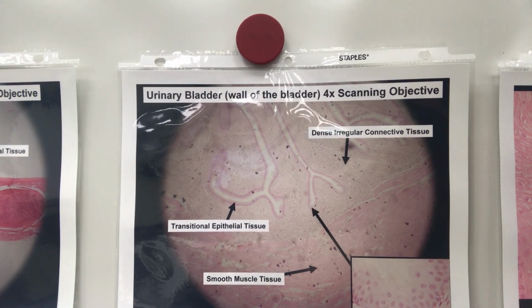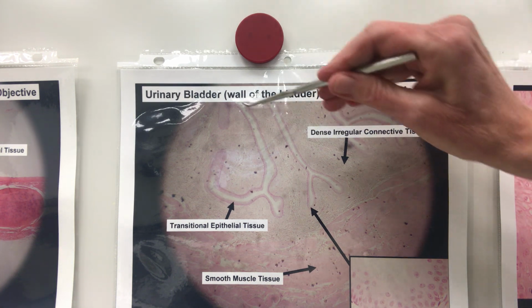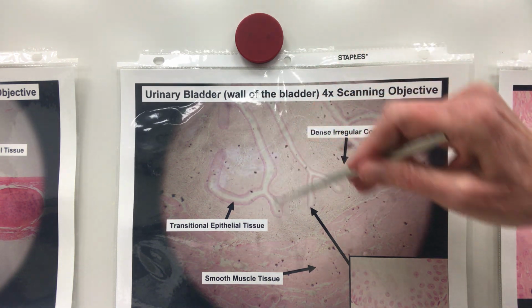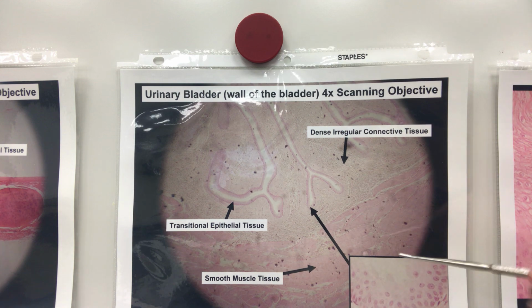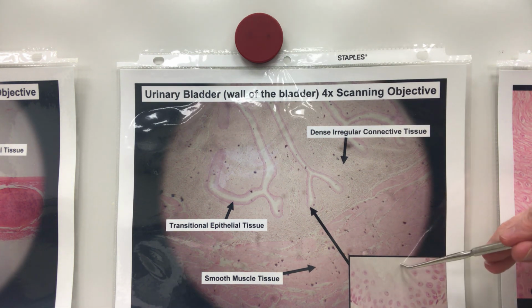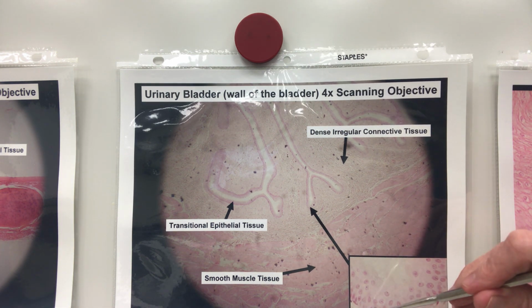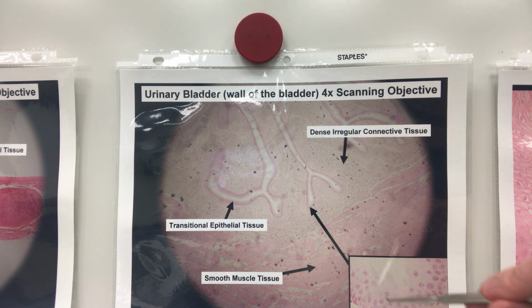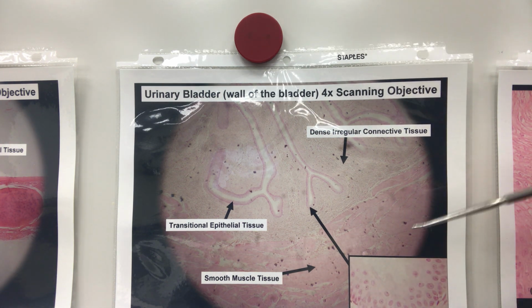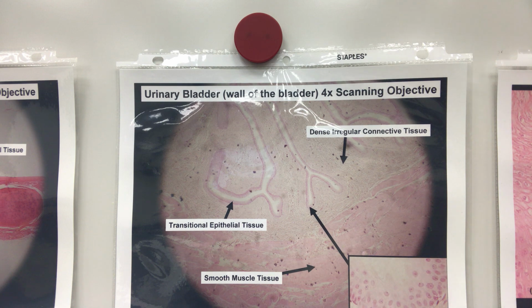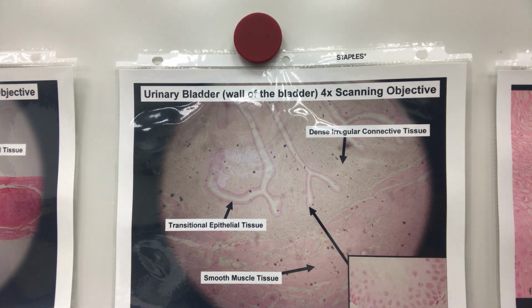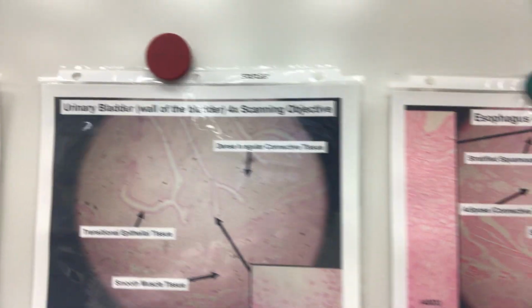We then have transitional. This is your urinary bladder. This is showing where the urine will be stored when we produce it, when the bladder is empty. And then here is the close-up. It looks like there are many layers of cuboidal because they've got the big nuclei. So it looks like it's stratified cuboidal, but we don't see stratified cuboidal because it's rare. So if you think it looks like stratified cuboidal, then in your mind you should be saying, oh, that is definitely transitional. Okay? And you see the free space in all of these to give away that it is epithelial.